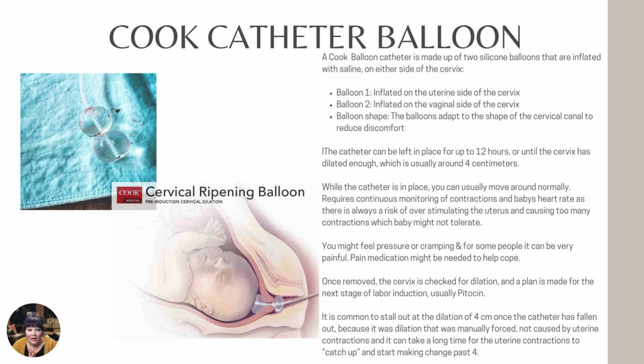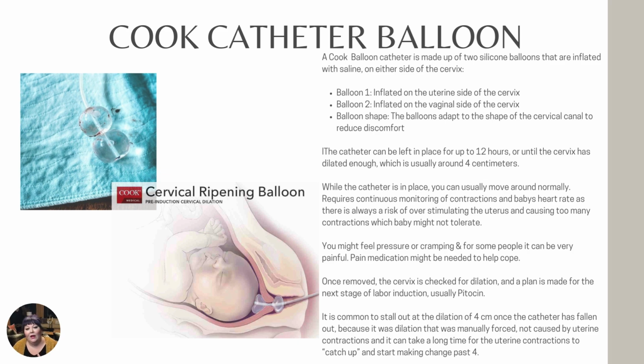Okay. Now, a Cook's catheter is made for inductions. It is made to help dilate the cervix, whereas a Foley catheter is not. They are using that off-label for labor. A Foley catheter is really to drain urine from your bladder. Now, they can sometimes get away with having a Foley and Pitocin. Since the Cook's catheter is made for labor use, they have said you cannot use that with Pitocin. Whereas since Foley is being used off-label, they can use it with Pitocin because there's no rules and regulations